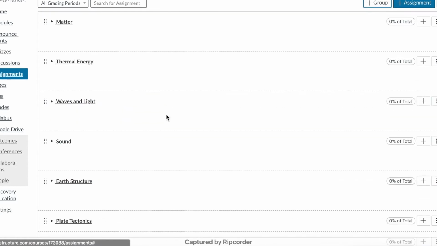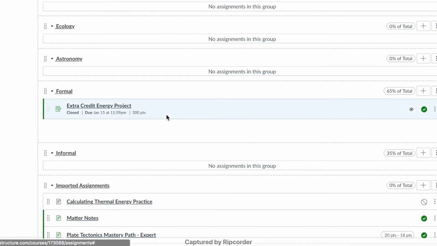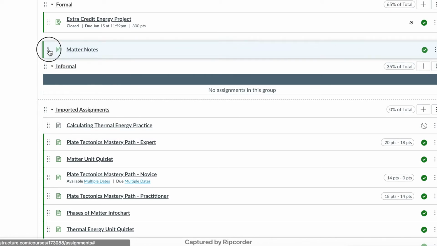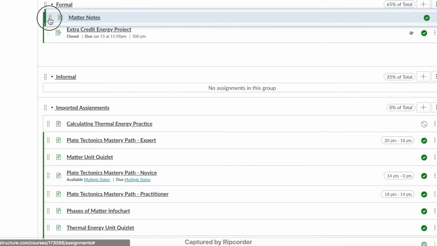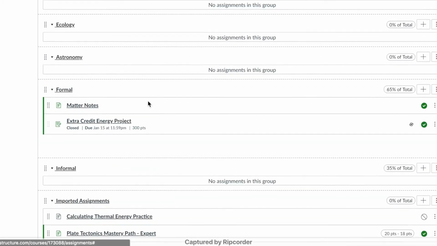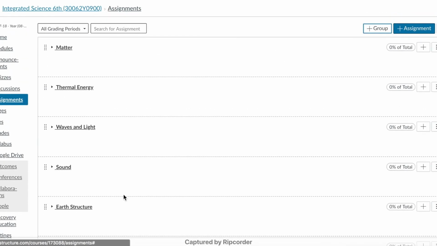And the way that I can get stuff into the right place, I can go down here and, as you can see, I have imported assignments. So if I want these matter notes moved to a specific place, all I do is drag and drop. And so now my matter notes is in formal. Or if I want it up here, now it's in formal. These two I don't worry about. I just like to have my units organized in my groups. So now when I click on grades,